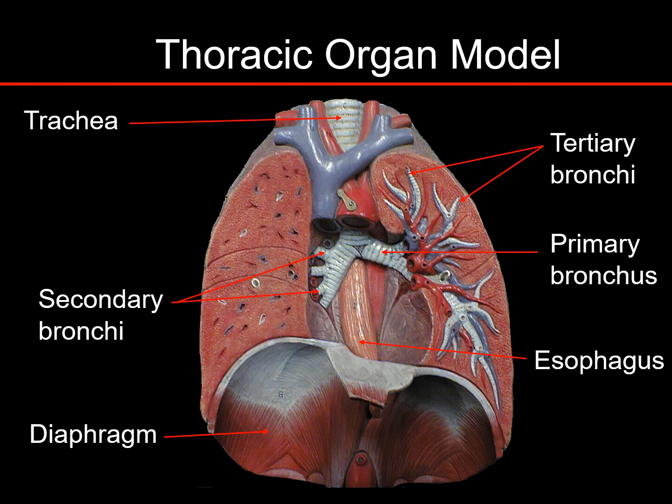So here's the model. We can see those bronchi because we've removed the heart. So the heart should sit right here, right? We said it sits kind of to the left, kind of pooches out that left lung. But if we take that out, we can see the trachea and where it branches into the main bronchi,